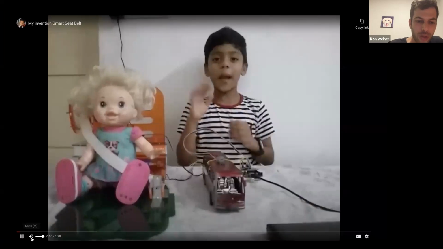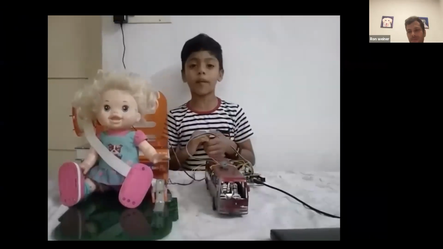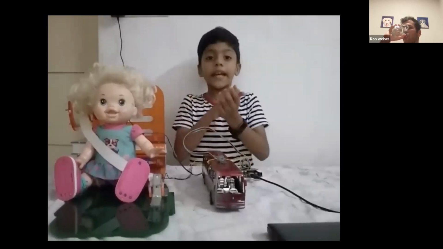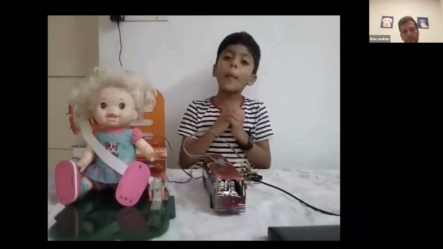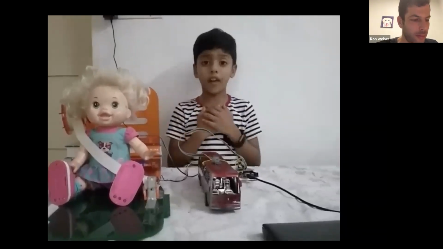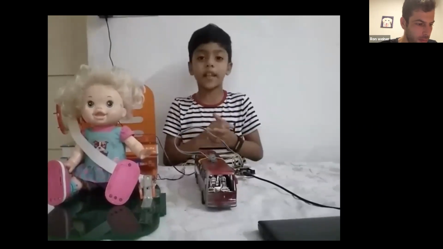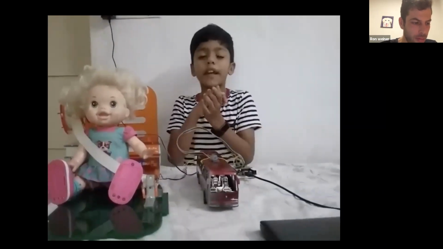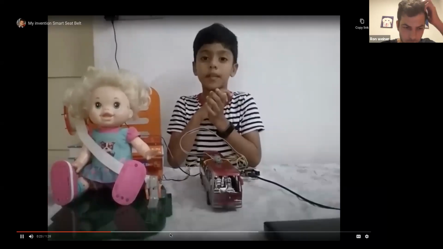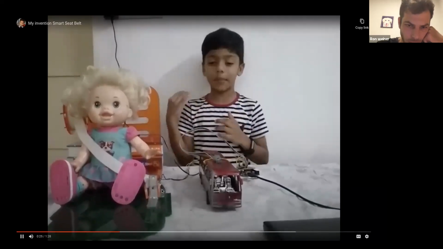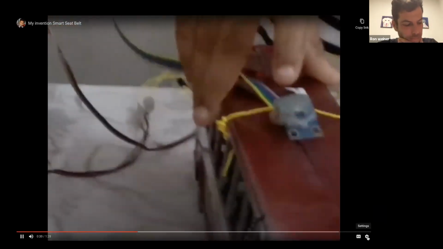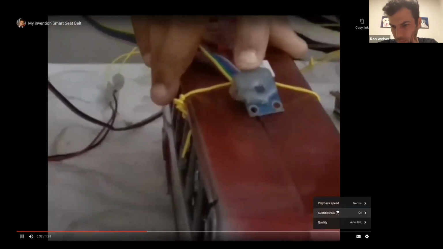Hi, my name is Simon. I'm 10 years old and I'm from Kochi, a southern city in India. And this is my invention. It is a smart seatbelt. In a normal seatbelt, a child or an aged person will panic after an accident, so they cannot detach the seatbelt on time. And this was preventing my school from installing the normal seatbelt in the school bus. And my solution is a smart seatbelt. The smart seatbelt has a vibration sensor which we can attach to the vehicle